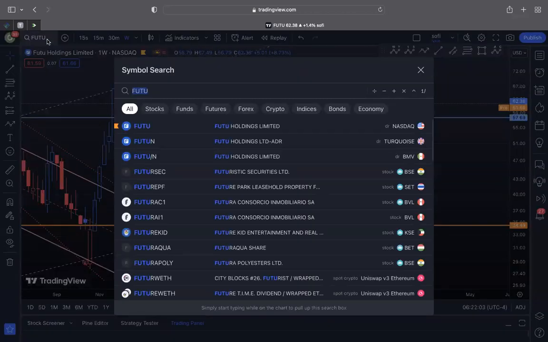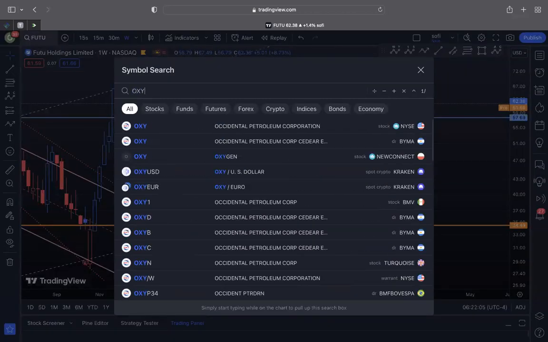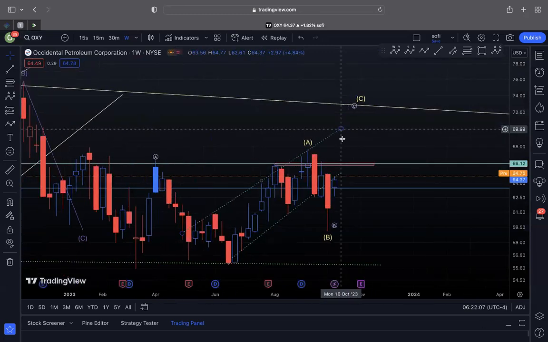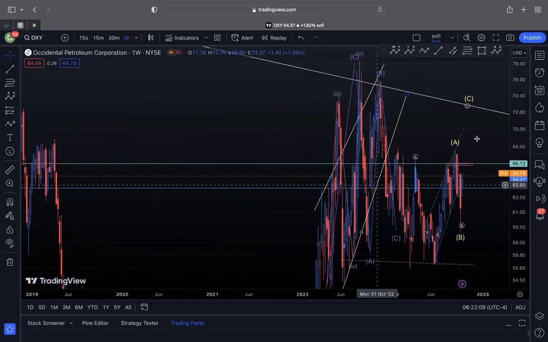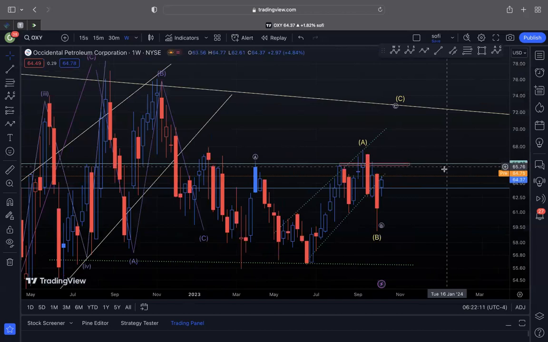The next one I have on this week's watch list is OXY, and obviously war. I do think this is an ABC. As long as we stay over 64, 66 is definitely possible, but we would need to break the 66 level for a more upside move to $70. So this is a super important level to get over. Keep an eye. Kind of an inside week. Oil could take off this week.